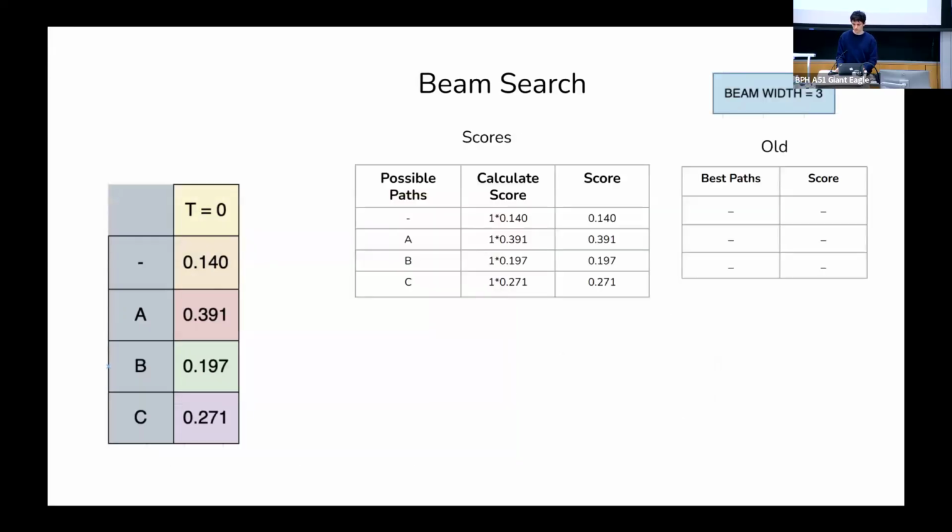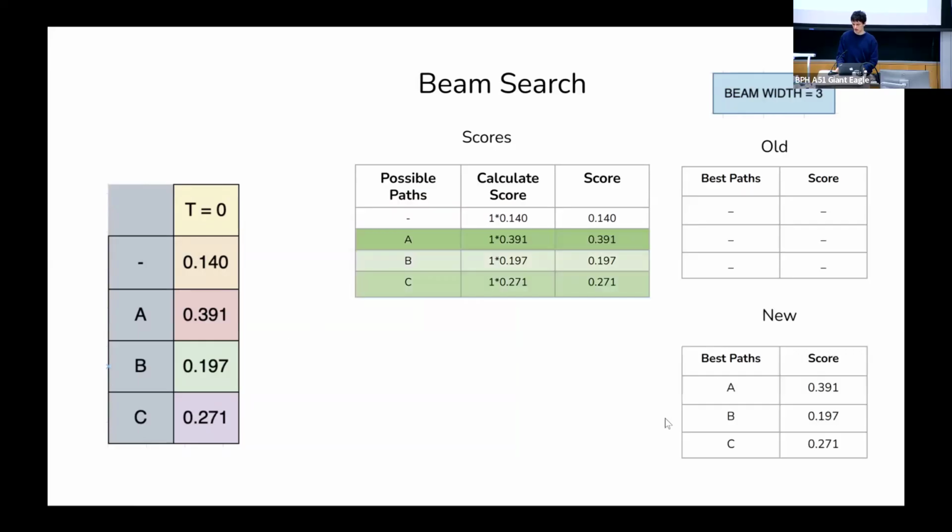So we start off, we can see that we have dash, A, B, and C, and we'll just calculate our score from time step equals 0. So we have 0.14, 0.391, 0.197, and 0.271. We just grab the top 3 best candidates, which would be A, B, C. And obviously, that's our beam width. So our beam width would be the top K candidates, and now we can continue on with the next time